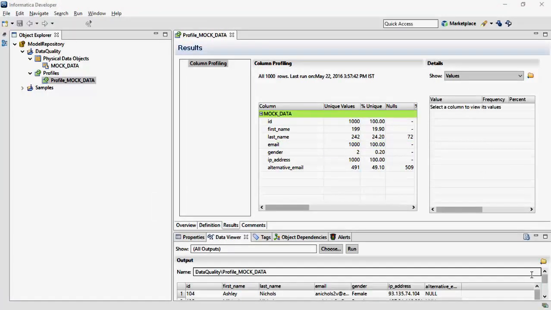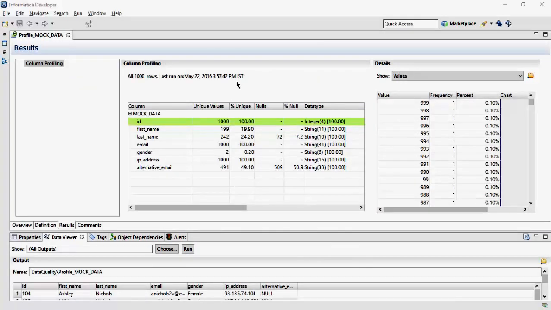So we are going to analyze the profile which we have just created. We are going to look at 5 different types of profiling. First is completeness analysis, then uniqueness analysis, values distribution analysis, range analysis and pattern analysis. These are just ways of analyzing and interpreting the results which you have got. So let us start with completeness analysis. Completeness analysis is nothing but how often values have been populated in a particular column.